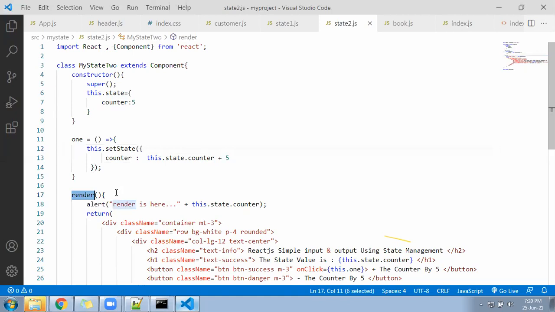So the entire content is being displayed by the render function itself, right? So whenever we use the setState function to modify anything inside the state, without any break, the render function will get called and it will render the updated value in your browser, and you can see the new value.